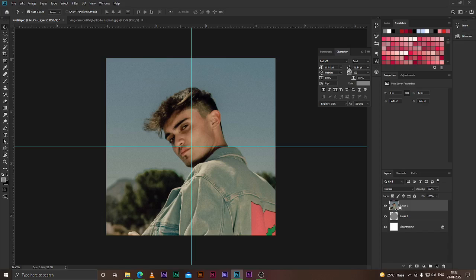Then we can rescale, so that the point and the object or the face has to be visible.